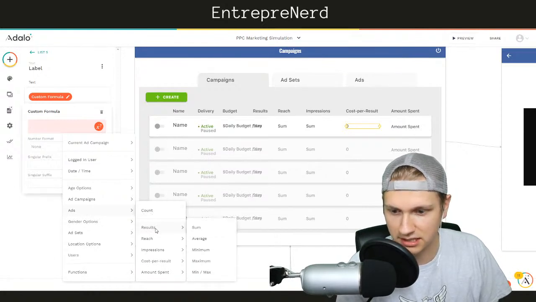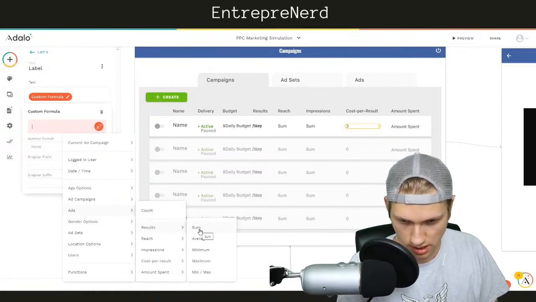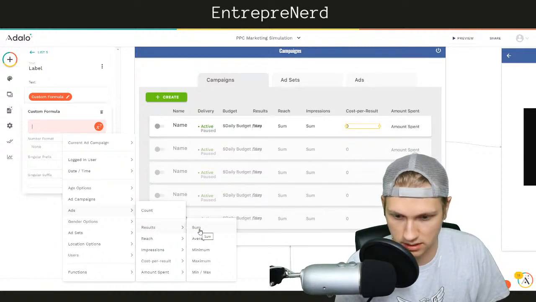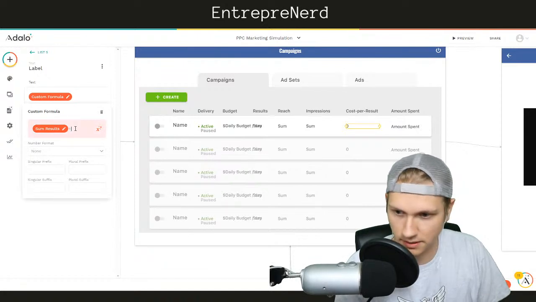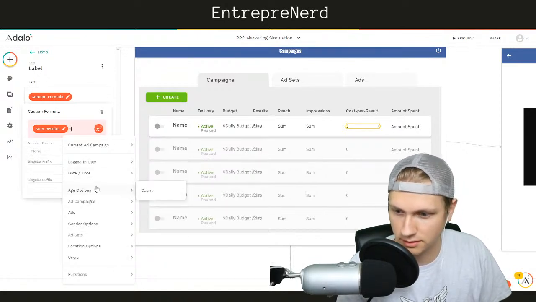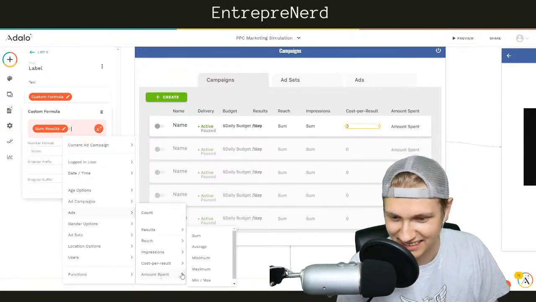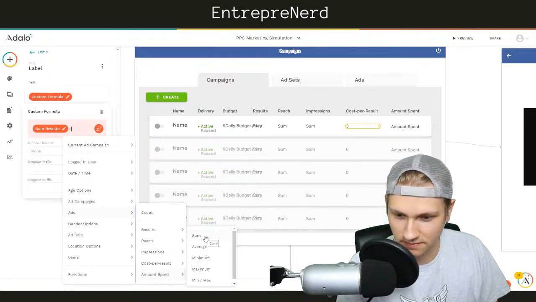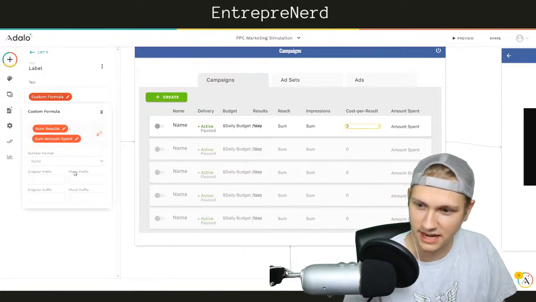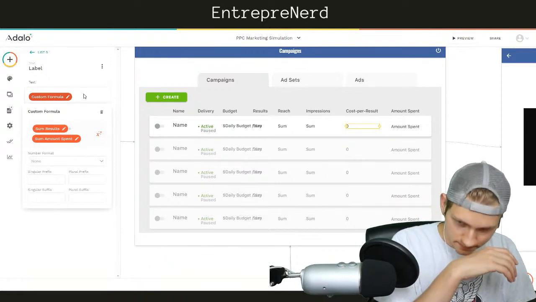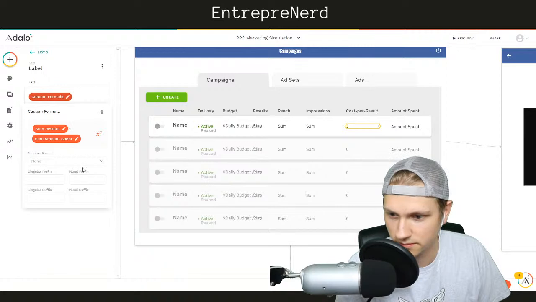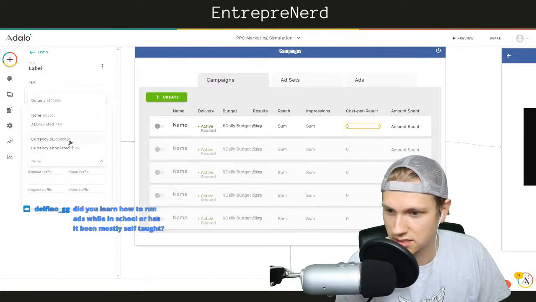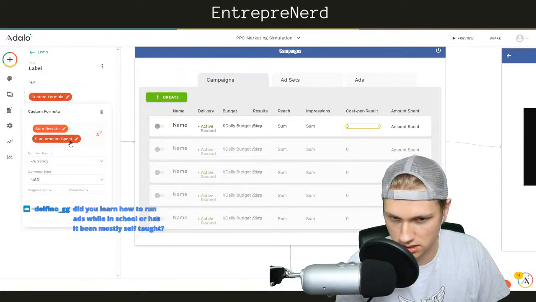Ads, it's going to be results, sum, over amount spent. Divided by amount spent. Sum of amount spent. Nice. Okay, cool. Perfect. And this is in currency. Yes, this is in currency.